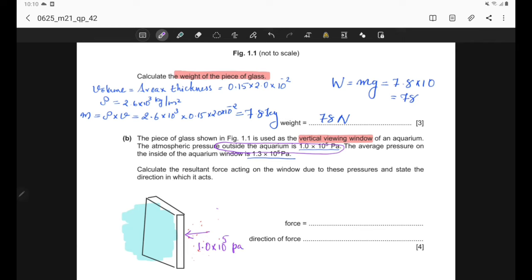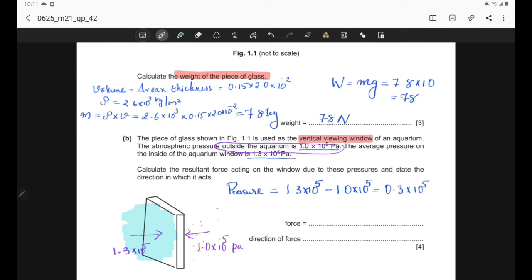Likewise, on the opposite side, the water inside the aquarium will also exert a pressure on the glass wall, and that is also given. This pressure due to the water molecules on the other side of the glass wall is 1.3 times 10 to the power 5. So now we can understand that both pressures are exerted on opposite sides, in opposite directions, of this glass wall. So the resultant pressure on the glass wall will be the difference between these two pressures. So that will be the difference, and the value will be 0.3 times 10 to the power 5